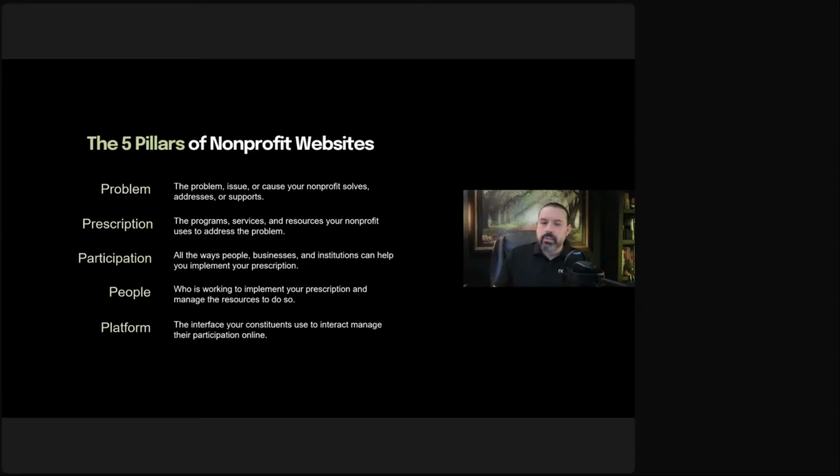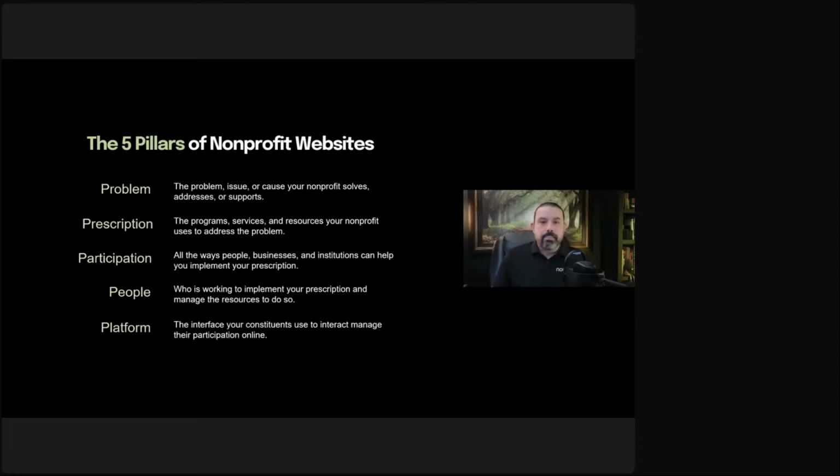I don't know if any of you have ever funded something, made a grant decision, or overseen a process where you're making a decision on an organization. What you'll see many times is that the problem, prescription, and participation might be very heavy in the proposal, and then you'll have a very small portion about the people. Maybe it's just one founder, and they don't pay attention to telling you the story there. Or maybe it's the other way: they tell you way too much about themselves, more than you wanted to know, and very little about the other pieces. Give these the attention they deserve.